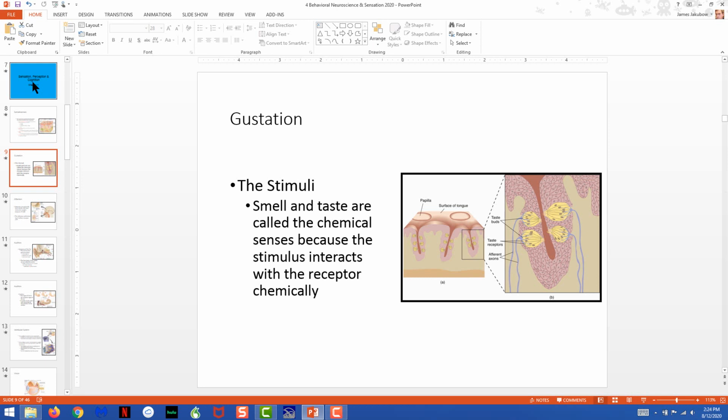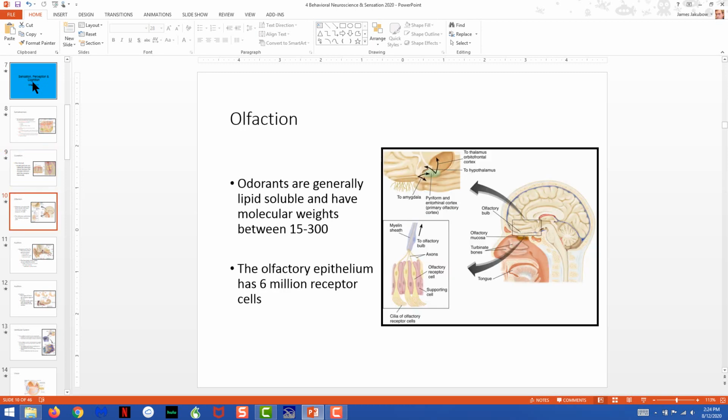Smell works very similarly, as we're going to wind up saying. In fact, smell and taste are both called chemical senses because in both cases, of smell, which we'll get to next, and taste here, you have to have a particular molecule that affects the hair receptor to generate the action potential. And because you're always dealing with the detection of chemicals, those are called the chemical senses. Now, the extension of this, olfaction, as I mentioned, works very similarly.